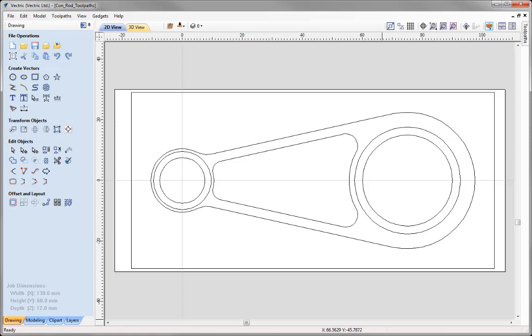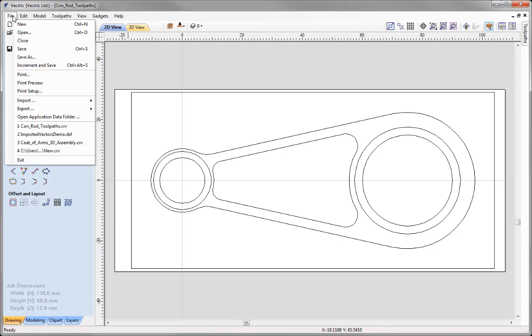Now when you start a new job or open an existing job, by default you will see what you can see on screen here. So you'll see the Design tab on the left hand side and you'll see the 2D view visible in the main window here. We have drop down menus at the top here that we always have access to, and I can click on one and you'll get a menu that cascades down from the word that's been clicked here. Sometimes you'll see an arrow and that will present us with a sub-menu which gives us more choices,